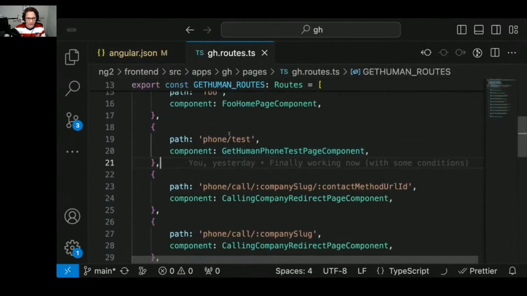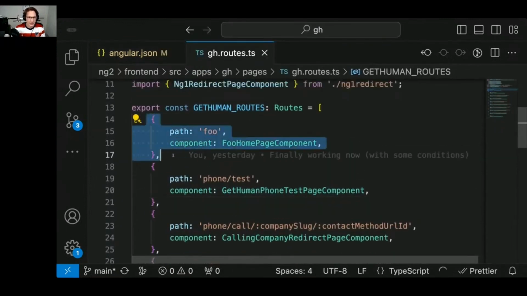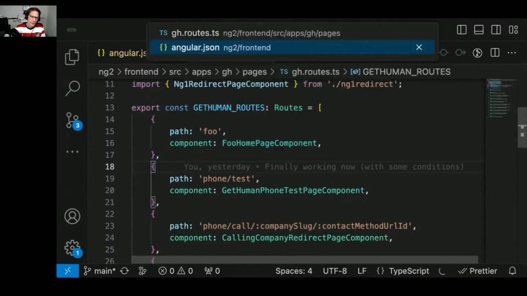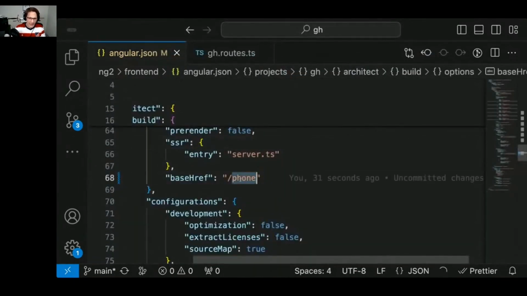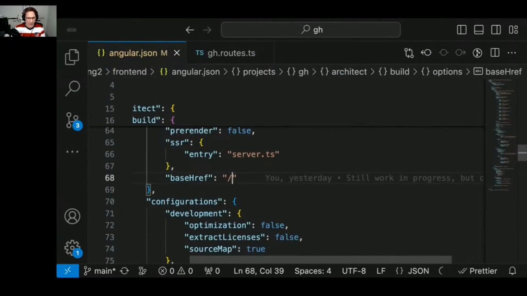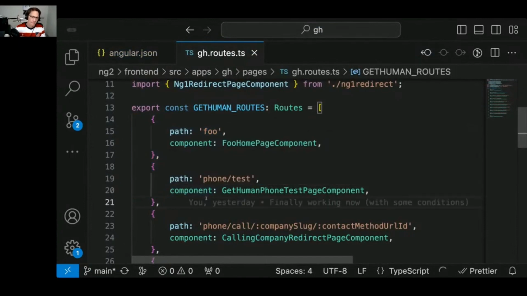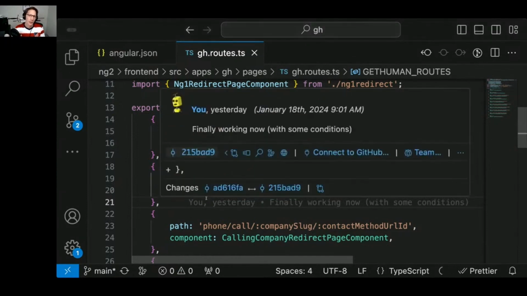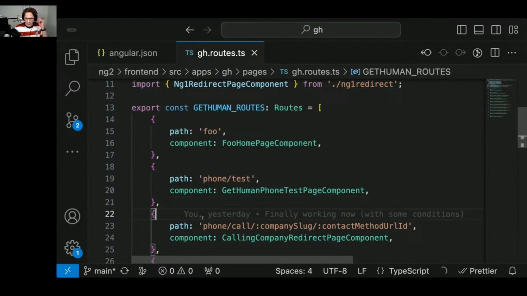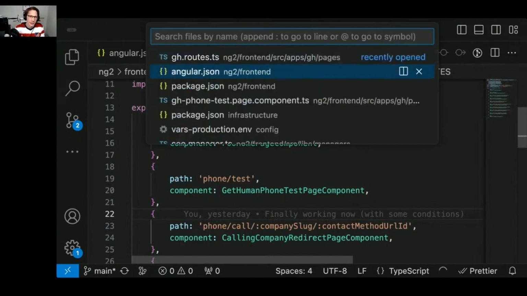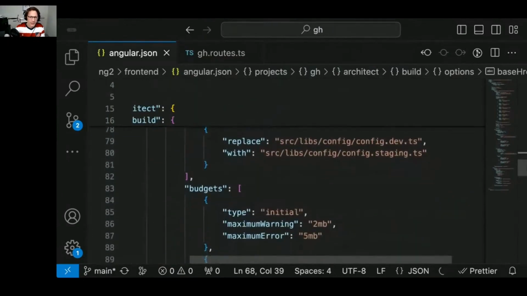The thing that's harder is if you're trying to do these multiple paths, because ultimately, in order to do this, your base href has to be the root. You have to be the root because you have to be able to access both of these, right? But that doesn't really work. The main thing is because of your assets, in your assets that get built,